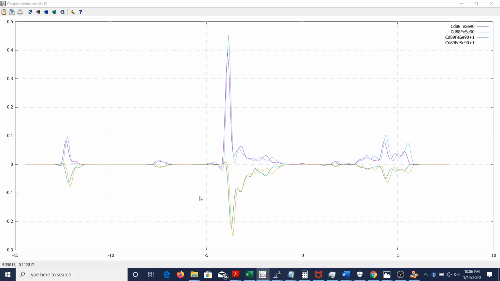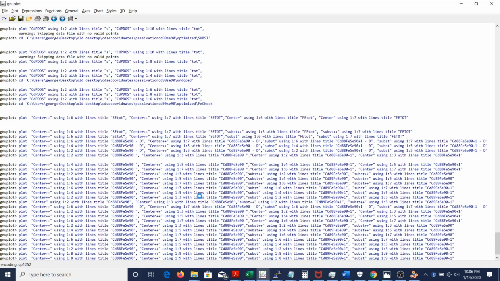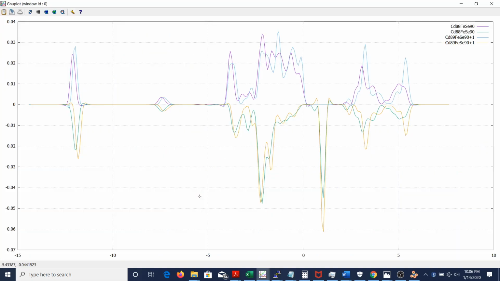Now let's look at the total of everything. The total of all the states. So here is a combination of all of them, and we see that it's almost the same, but again, you see over there is a slight difference in the density of states in these points right over here, but still it is almost the same compared to the rest of the